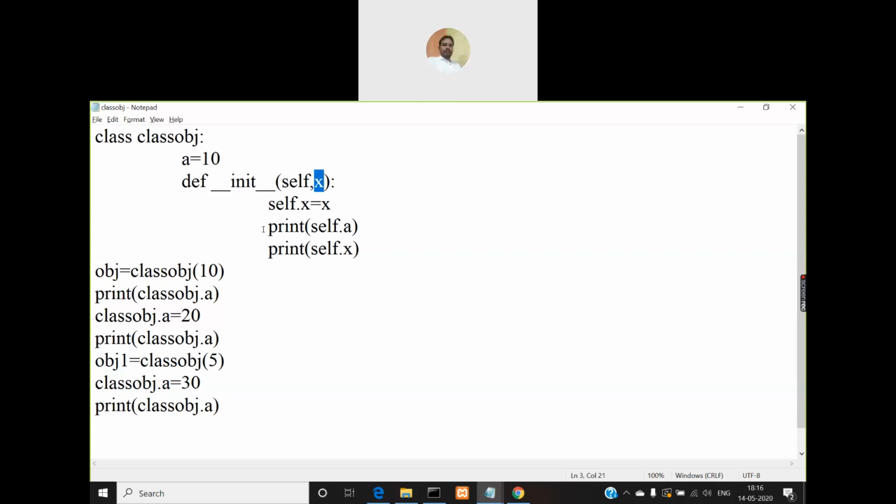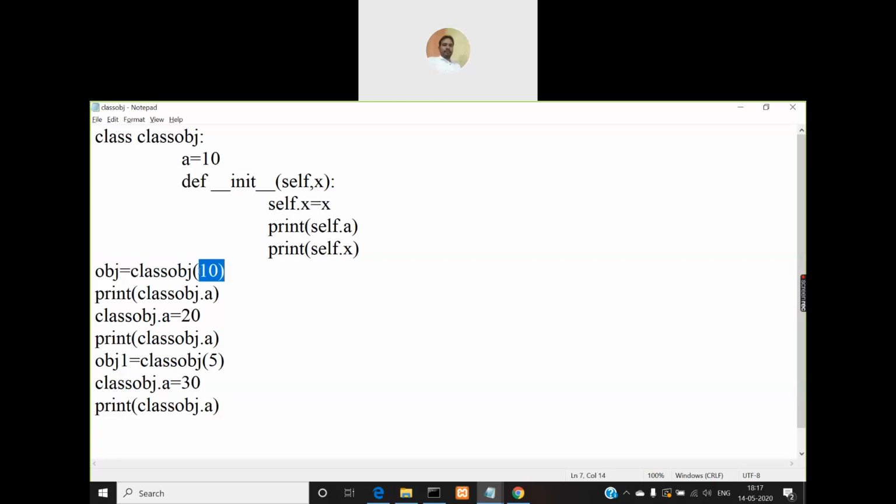Then I'm printing self.a and self.x. So self.a means what? Which value? This one, right? The class variable will be accessed, and self.x means the object variable. If you look at the objects that I created, first I created obj for class obj, and I'm passing 10.